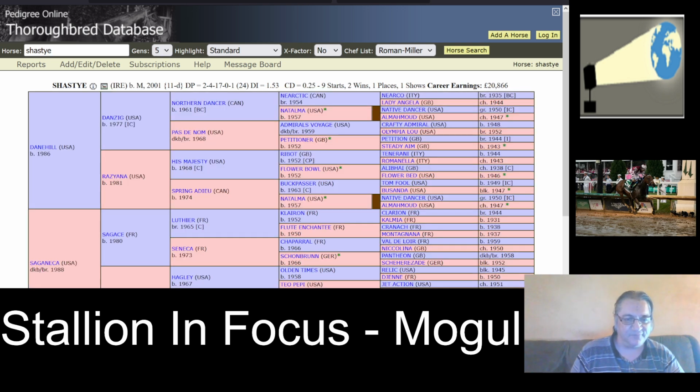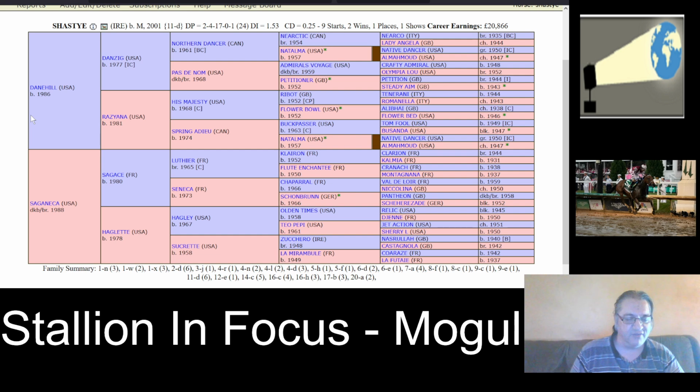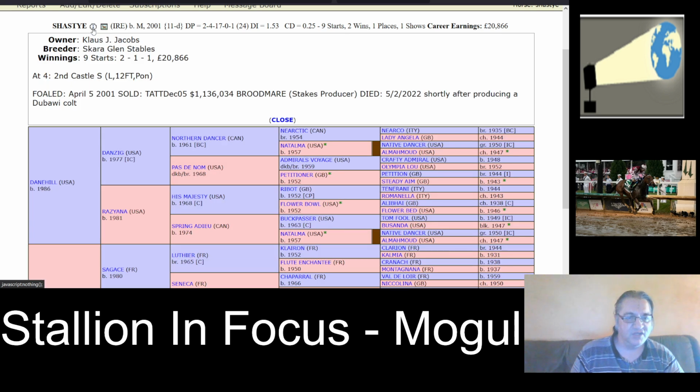Shaste, the dam herself, won 2 of 9 starts on the track, in the first 3 in 4 of 9, earning only £20,866 on the track. She was sired by another legendary UK and Irish stallion, world stallion really, Danehill, out of a dam called Saganika, who was foaled in 1988. Shaste was second in the 2005 Castle Stakes at Pontefract. There she died, sadly, in 2022, shortly after producing a Dubawi colt,